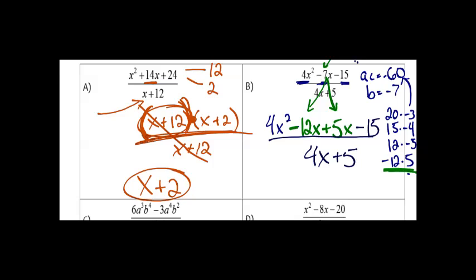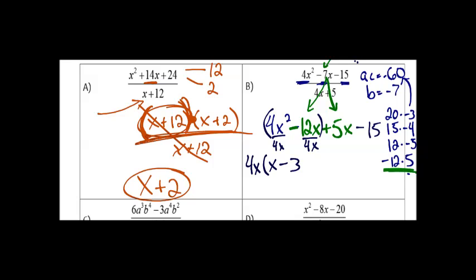That should be one of my factors. When I factor that completely, the opposite of simplifying, this should be one of the factors. I want to just keep that in mind as I do this. I'm going to factor this group as much as I can. I can divide this by 4x. That gives me 4x on the outside with an x still left in the middle, minus 3,